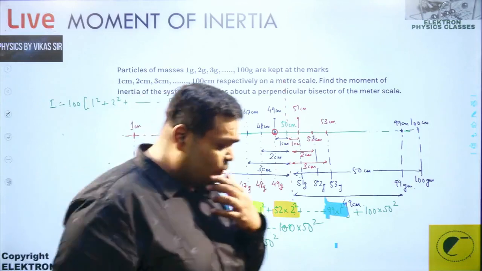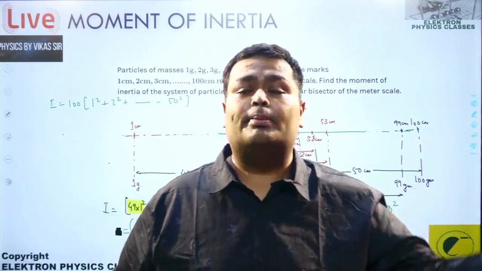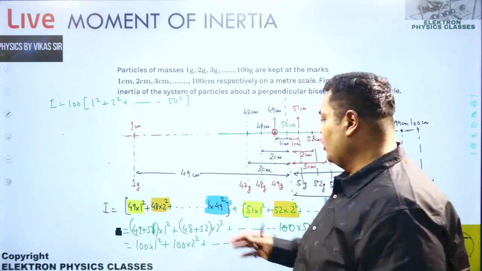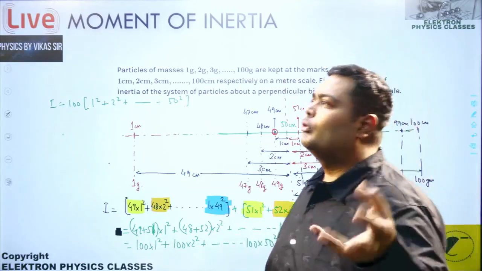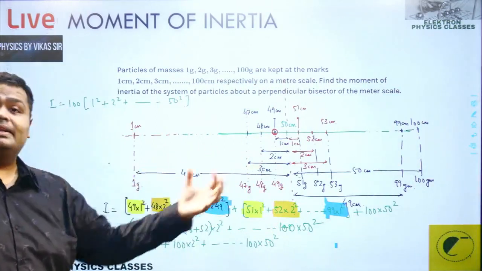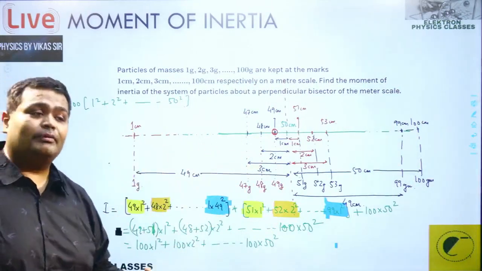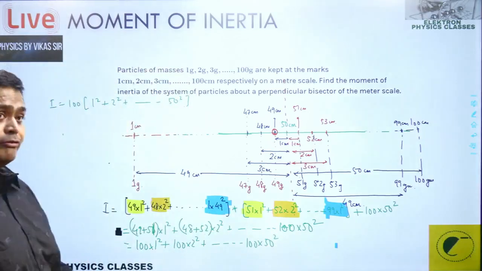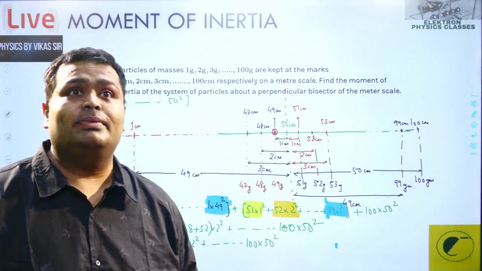So that's what will happen if we take a large number of particles. It becomes that difficult. You have to form the series. If it is for 2 particles, 4 particles, 6 particles, it is directly done, right? But if it becomes large, this problem arises. You will have to take the help of sequence and series. And if it does not form a series, it will be a tough task.